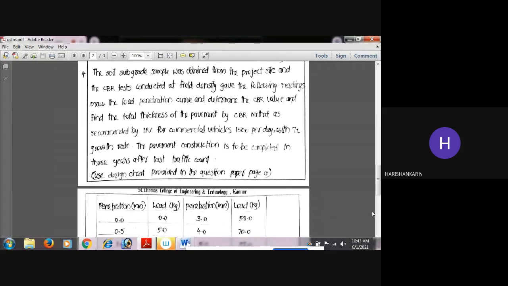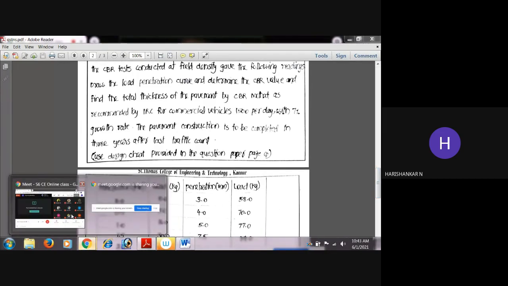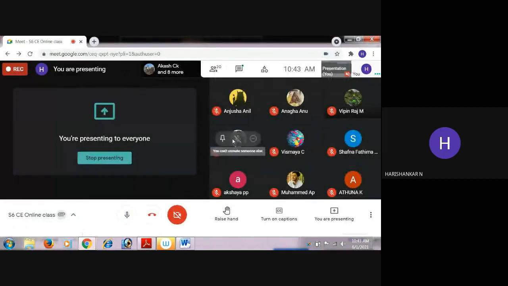So at that time you will have an increased value of penetration. For a decreased load you have an increased penetration, and that is responsible for the initial concavity. So if there is any initial concavity like that, then you should correct it, and if there is no initial concavity, then you can directly take that graph. Okay, so here if you plot the points, I hope you may have plotted the points, you can share the load values for the corresponding penetrations of 2.5 and 5 mm.